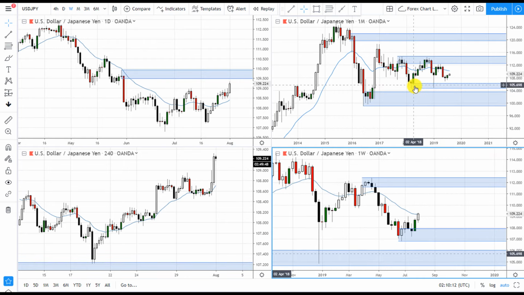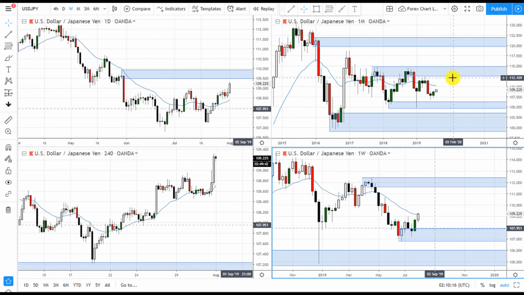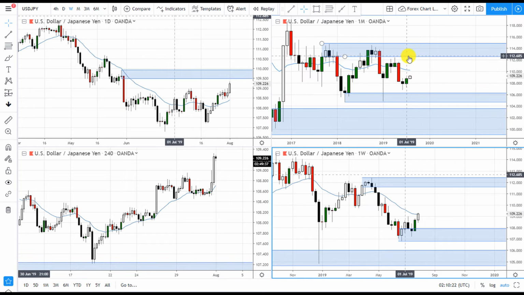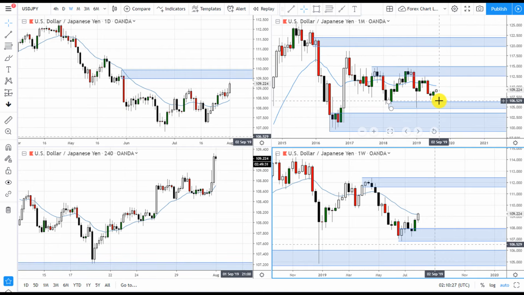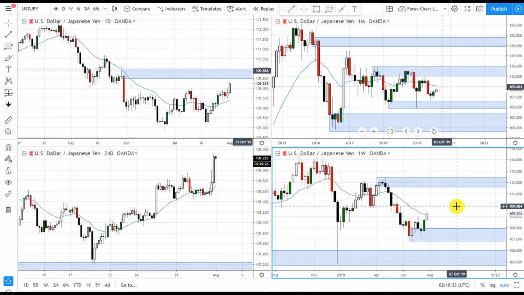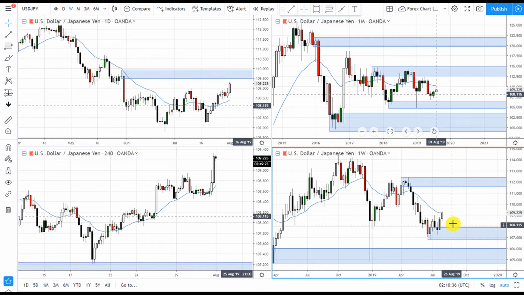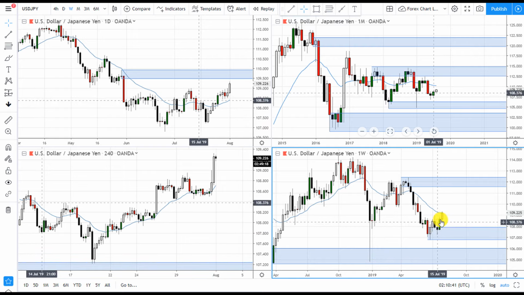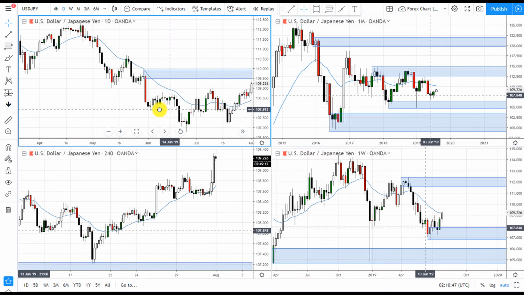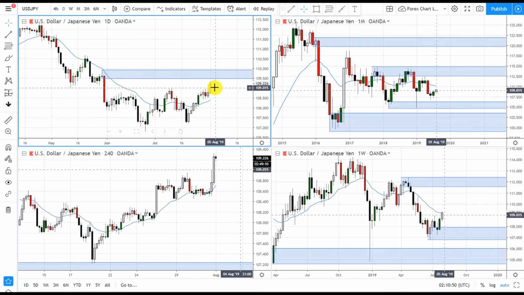So we have price at monthly demand zone. It's been tested at the monthly demand zone, and then it almost reached the monthly supply zone, and then it dropped again. So then it's trading within this range. Okay, so the weekly looks like it's creating this area of demand, and it's looking like it wants to go back up. On the daily, we have price in an uptrend,